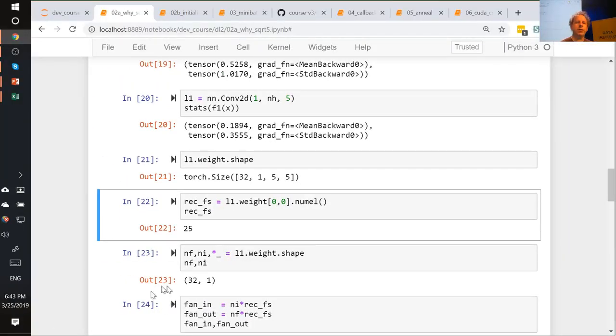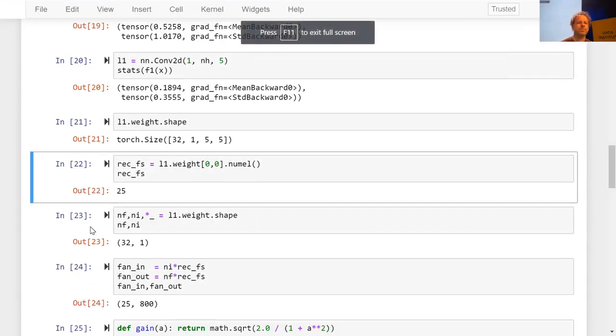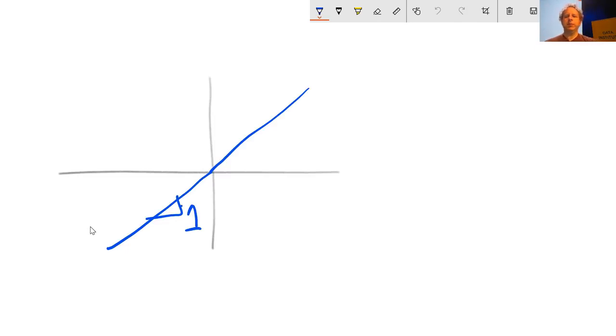So I forgot to mention where we are. This is the 02a_why_sqrt5 notebook. So in order to explore this, I decided that I would try and write my own Kaiming init function. And so normally with the Kaiming init function, if we were working with just a regular fully connected matrix multiplication,